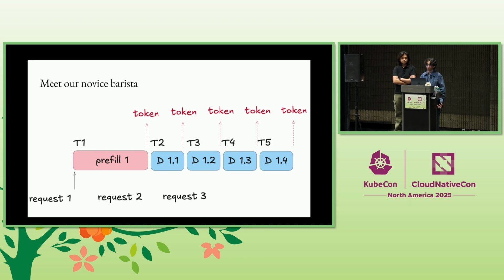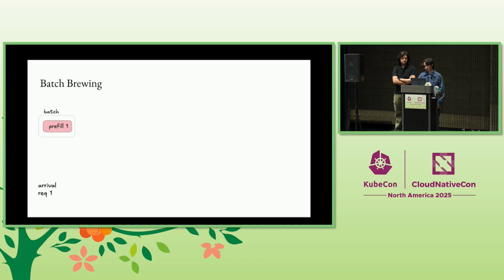And again, due to our workload, this is a problem because we don't know when that is going to happen. A more experienced barista can batch things together. So the way this looks is, when you have only one request, sure, you start with the prep work for that. But when another request comes in, as you're waiting for a drop of coffee of the first request to come out, you can start to prepare